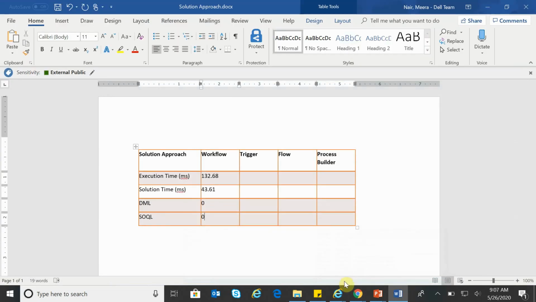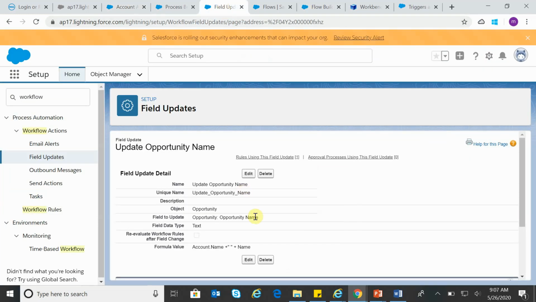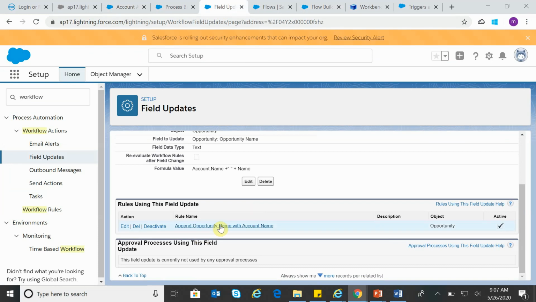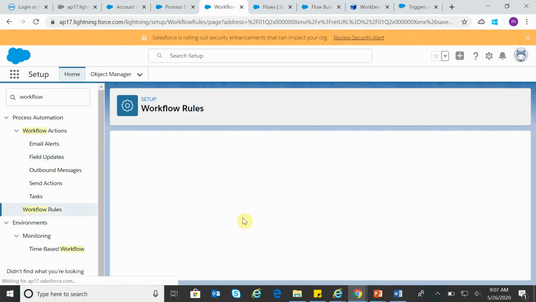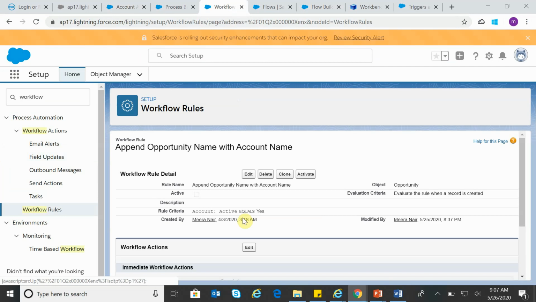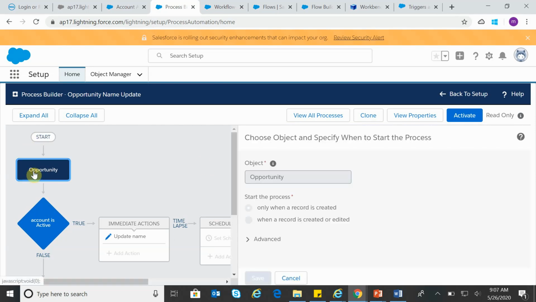Now what you need to do is let us deactivate this particular workflow field update. I deactivated the workflow field update and let us activate the process builder. This is my process builder. This is a simple one. Process builder is on